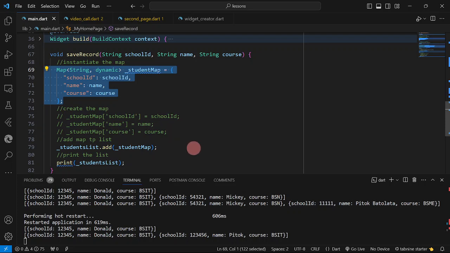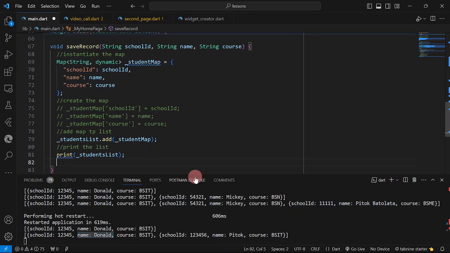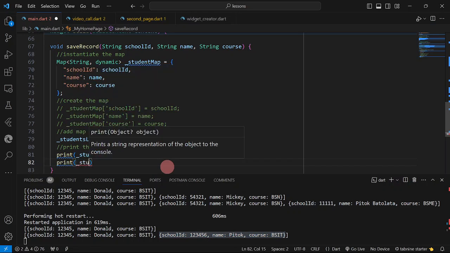By the way, how are we going to print? For example, let us say the first. Okay, so we're just going to have the first item here. So that we could print any of the items here, we must take note that this is index 0 of the list of maps. This is index number 1. Okay? So if we're going to print students list name